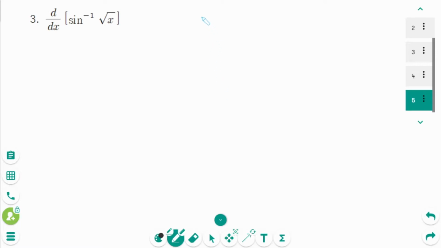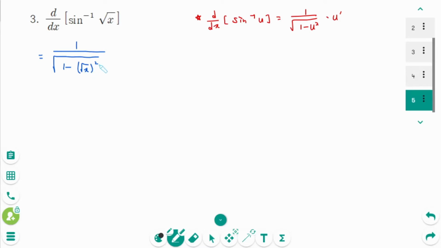Question 3. Think of it as d dx of arc sine of u equals 1 over square root of 1 minus u squared times u prime, equals 1 over square root of 1 minus square root of x squared times square root of x prime, equals 1 over square root of 1 minus x times square root of x prime. As we know, square root of x prime is 1 over 2 square root of x, or x to the power of 1 over 2